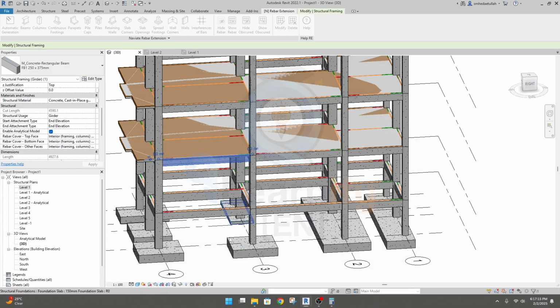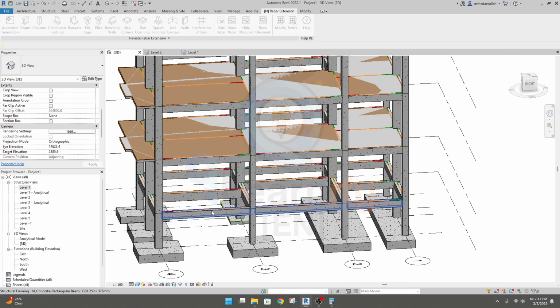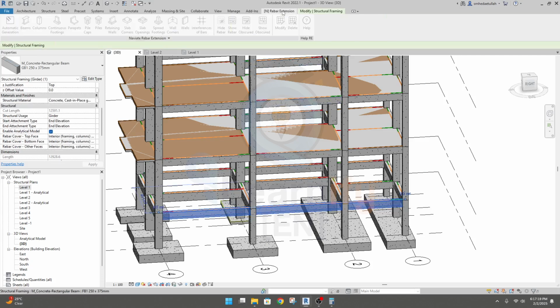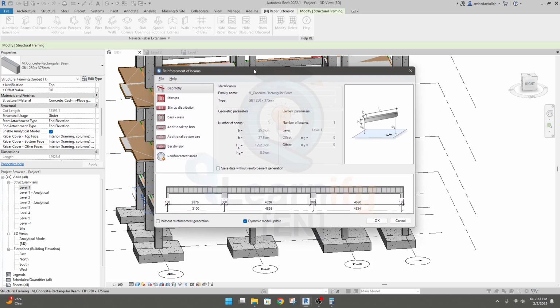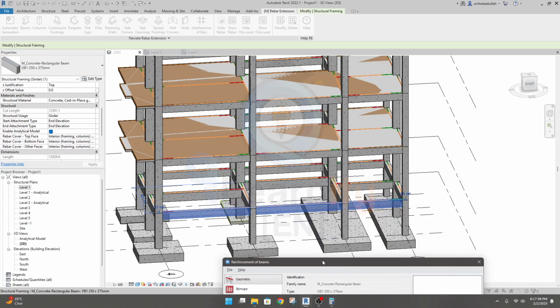Okay, so now I'm going to select it here and beam. Now we can see we're seeing 3 spans with perfect distance and column size also. Okay, now here